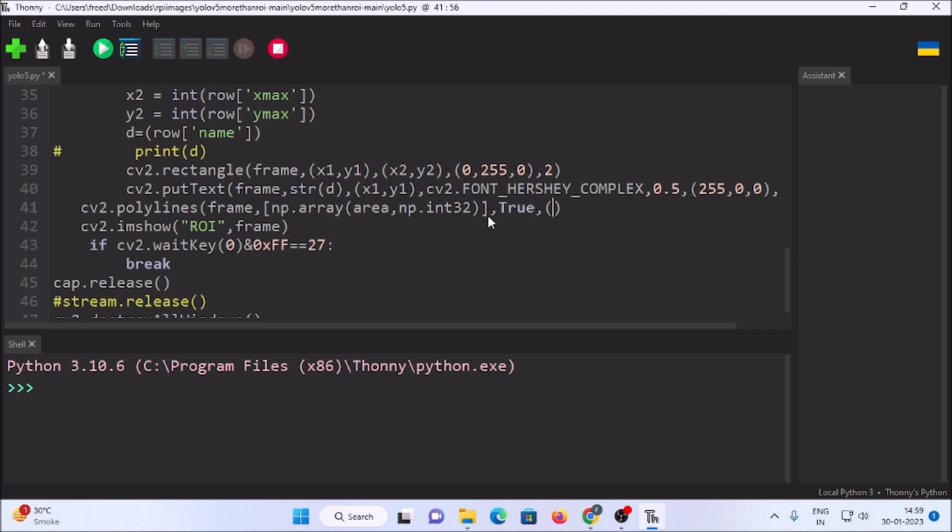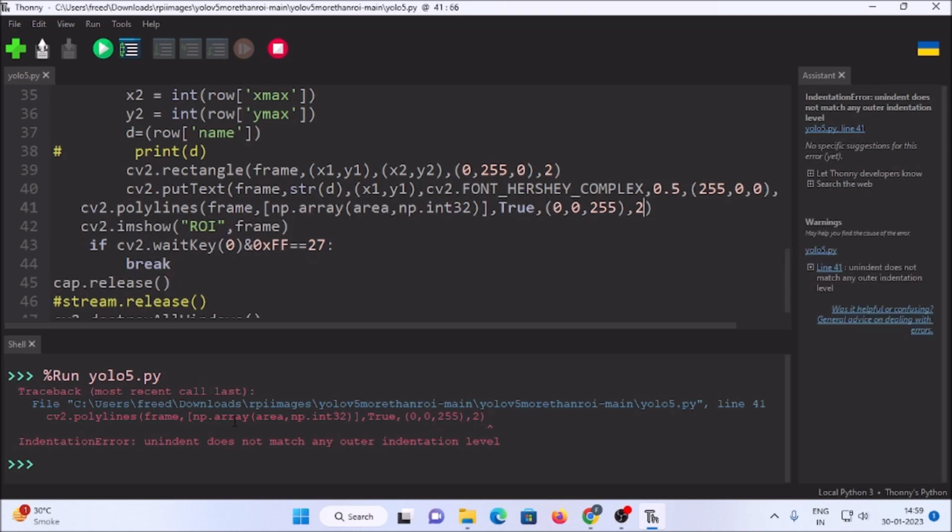Then we want to mention the color for drawing the polylines, so let's make it red. In BGR format, blue, green, red, so 0, 0 and 255. Because we are going to create a red line, I need to mention 255 at the end, because this is the BGR format. Simple. Then thickness, so let's make it 2. So just save the code, and if I run the code, okay, there is an